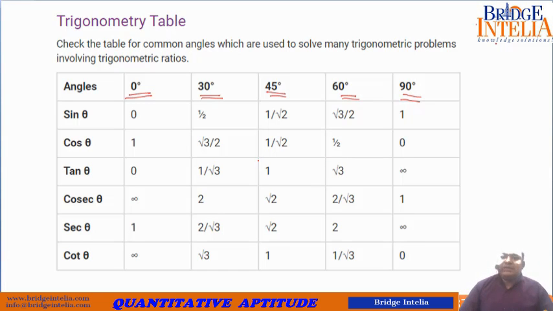I hope that you have done so, because in your school and college days your teachers must have told you that unless you remember the values of sine, cos, tan of these standard angles, you would find it very difficult. So before moving any further, you must have complete grasp on this table. You have to remember each and every value given in this table. For example, if tomorrow somebody asks you what is the value of tan 60 degree, without referring to this table, you have to recall that tan 60 degrees is equal to root 3. That is the purpose of this table.